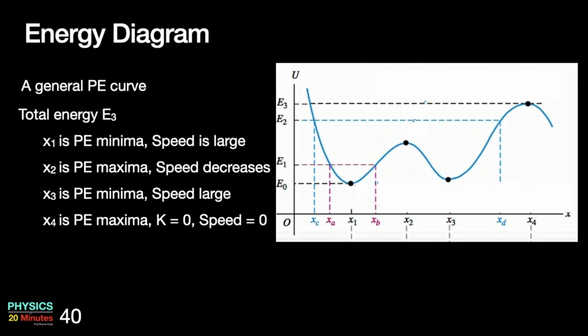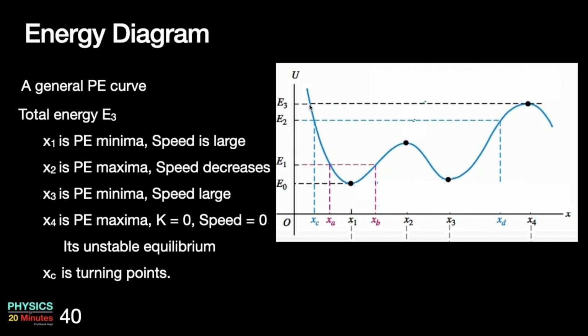Finally you are at this point, which is interesting. This is potential energy maxima, and again it is touching also. It is the intersection point also. So kinetic energy becomes zero, speed becomes zero. Here the force is also zero, it is horizontal. So it is another equilibrium point, but this is an unstable equilibrium point. If you disturb the particle a little bit, it will go on either side and it will never come back. So this is unstable equilibrium.